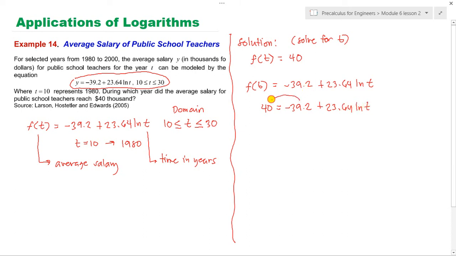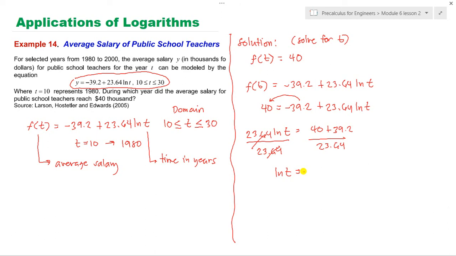So, transposing that on the other side, that is 23.64 ln of t is equals to 40 plus 39.2. Then, pwede ni i-divide para ma-isolate ang ln of t sa pikas. So, we now have ln of t is equal to, i-simplify ang right side, that is 40 plus 39.2